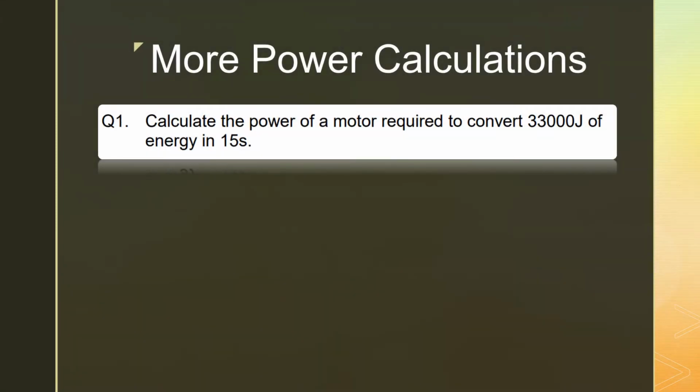So question number 1, calculate the power of a motor required to convert 33,000 joules of energy in 15 seconds. To start with, we're going to use the equation P is equal to E over T. Really straightforward with this one. We're just going to substitute the value straight in, no need for any rearranging. 33,000 divided by 15. And on a calculator, 33,000 divided by 15 is 2,200 watts. So in that case, you might want to write that as 2.2 kilowatts, but 2,200 watts will be